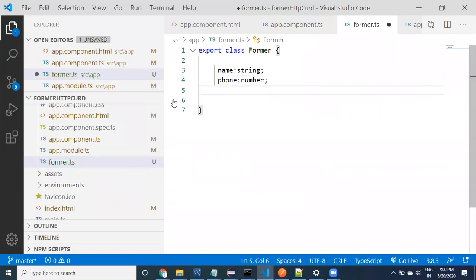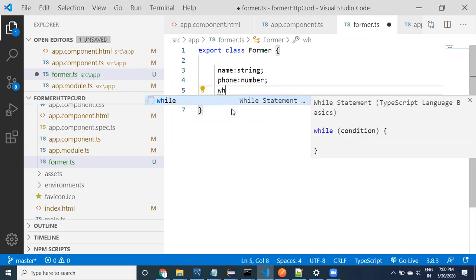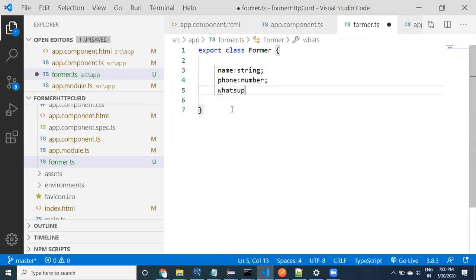Make sure that the JSON keys and property names are the same, so that they can be translated easily. Name, phone, and then WhatsApp. These are also going to be numbers. This is the type that I have created. This is the type, guys.